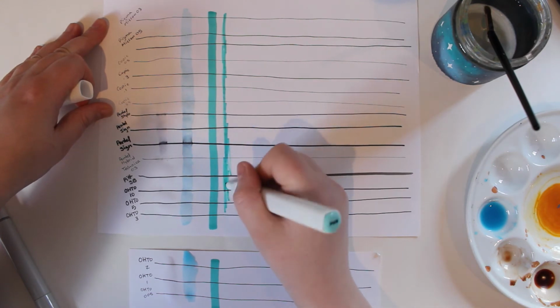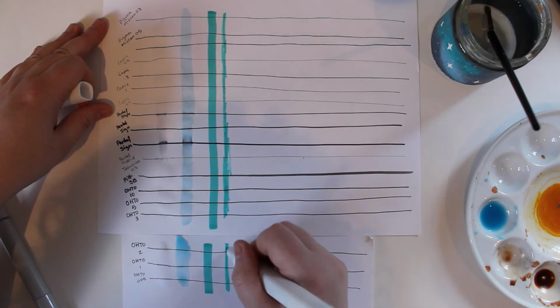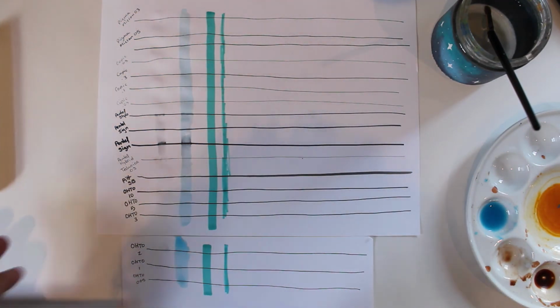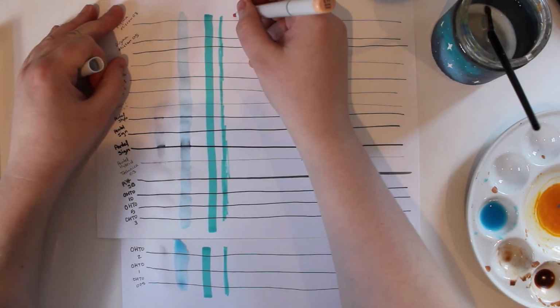But pretty much all of these are good with alcohol from what I've seen. I mean, obviously the Copics, or the Copic fine liners, are going to work well with alcohol. So now we're going to use this Copic marker, which I don't expect anything different,